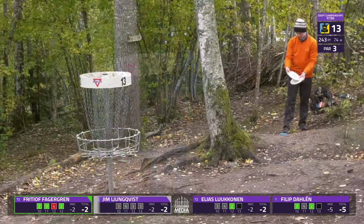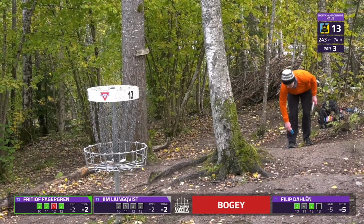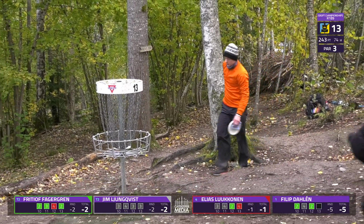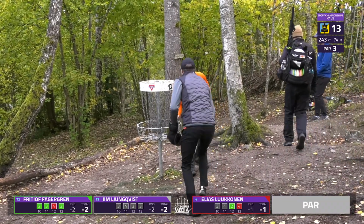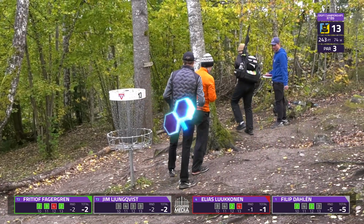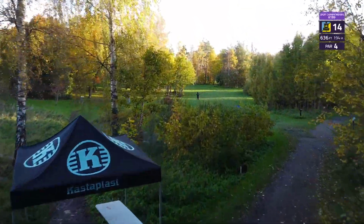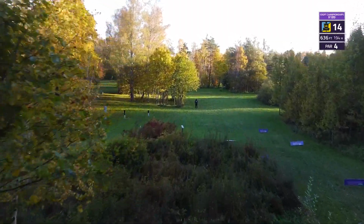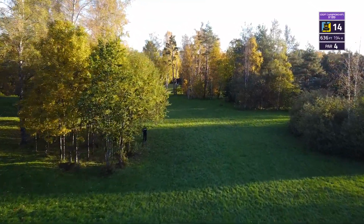So Fritiof erases that bogey that he took on hole 12. So Elias takes away the birdie that he took on hole 12. Mixed scores on the card as we move into hole 14, par 4, 636 foot, just under 200